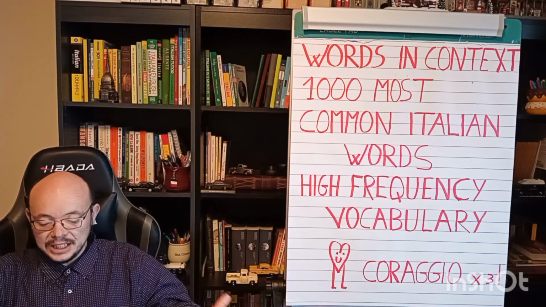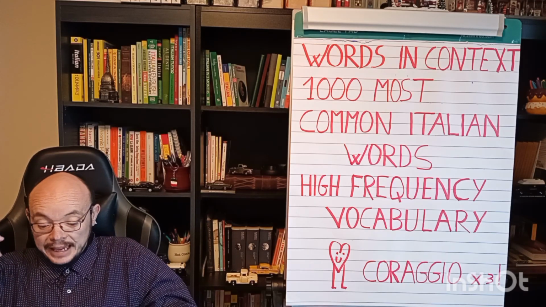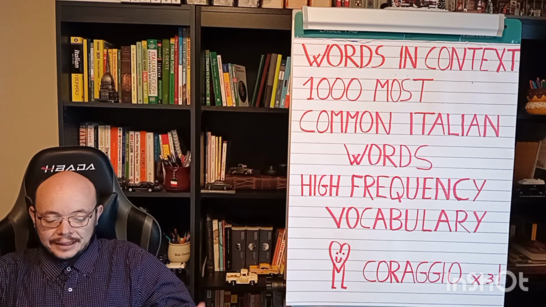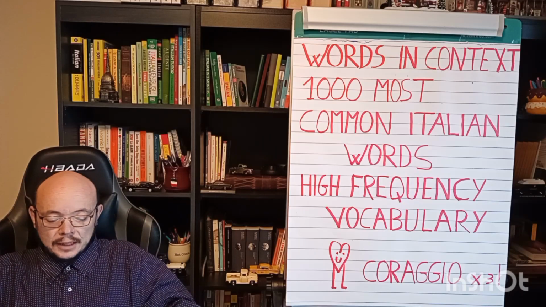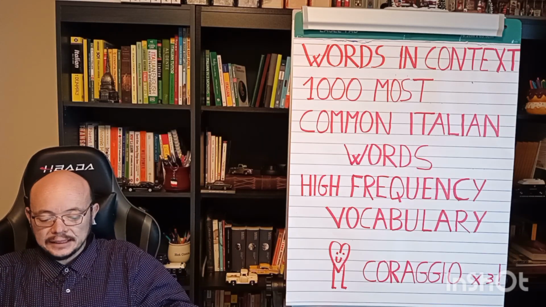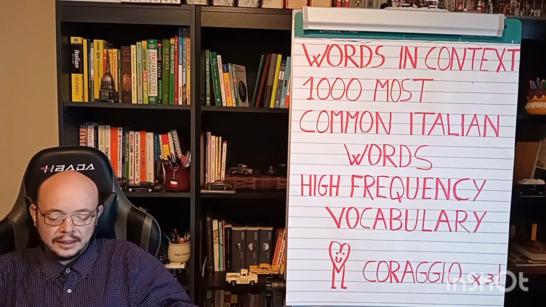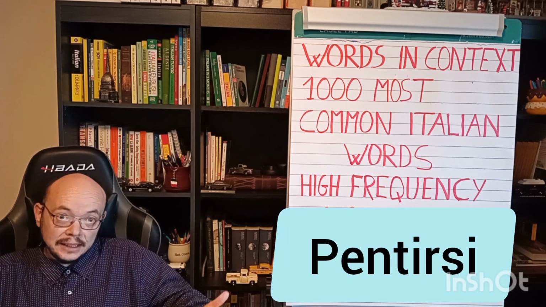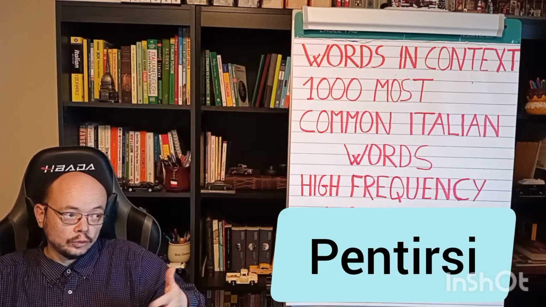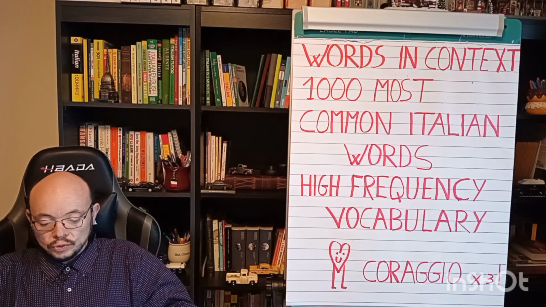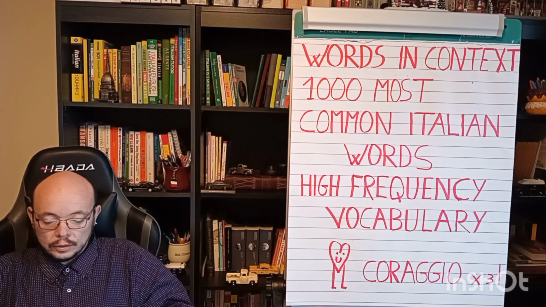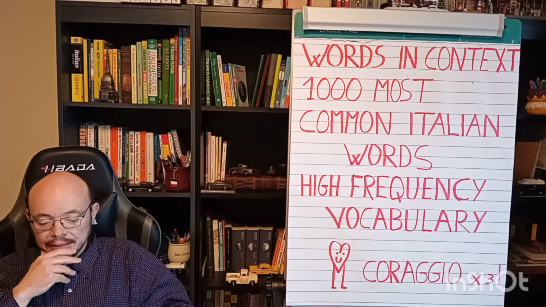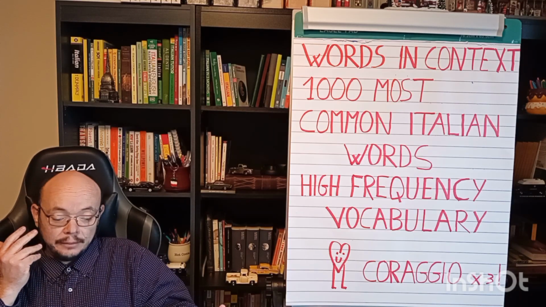Carlo va in camera sua, mi dispiace, dice tra sé e sé, e si pente per lo sfogo di poco prima, no? Carlo goes to his room and he says between himself, no? Tra sé e sé, dice, mi dispiace, I'm sorry, he says between himself, and he feels bad, pentirsi, reflexive, to feel bad about, to repent, to regret, per lo sfogo, for the outcry that he just had with his mom and dad, his parents. Ho fatto male, pensa.